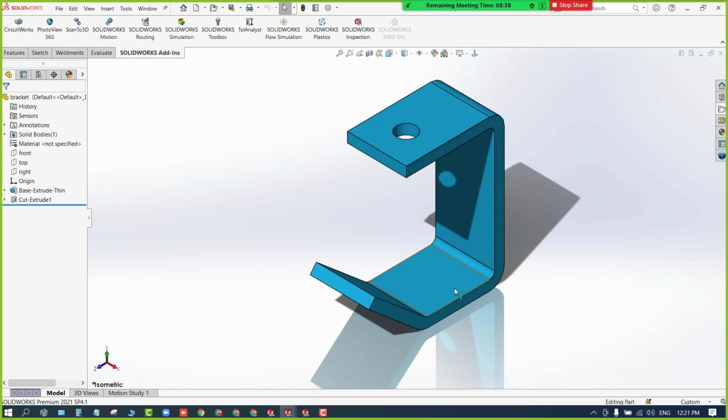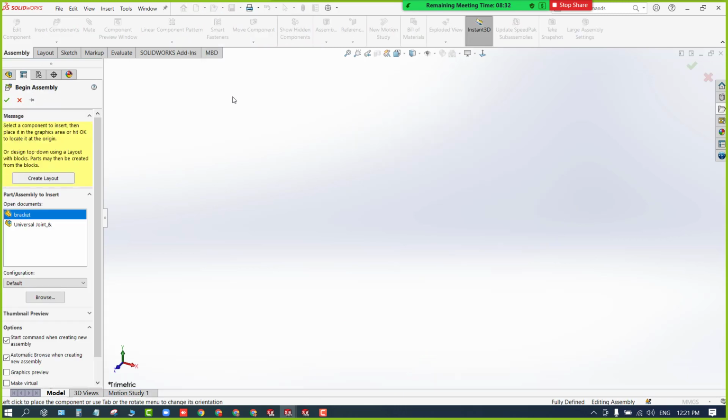Part. Good. So now I need to take this component inside the assembly workbench. You can use Make Assembly from this. If I directly click on the green check, this bracket will be placed exactly on the origin. If I click somewhere else in the graphics area, it will be placed there and fixed. The first component which you bring inside the assembly workbench will be fixed. Right now I'll simply click on the green check.